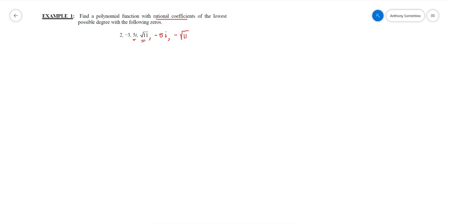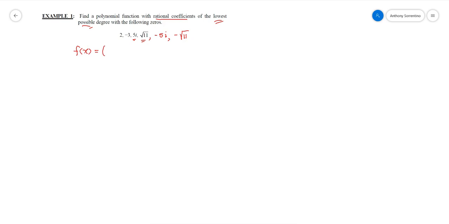So for it to have the lowest possible degree, these would be the only zeros I'd expect. I mean, I could come up with other zeros, just make up a zero. It also has a 0 at 7. But I'd be adding extra zeros and therefore adding more factors, which means I'm raising the degree of the polynomial. So for it to be the lowest possible degree, I'm going to just assume that these are the only zeros, which means that this polynomial function, which I'm just going to call f of x,